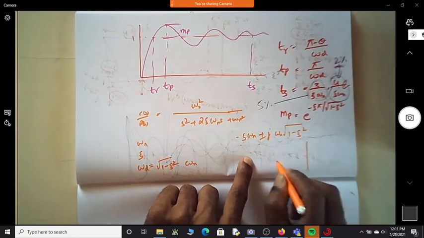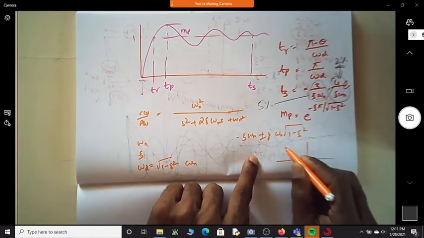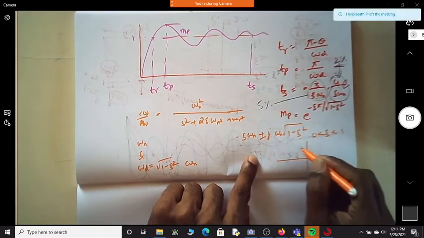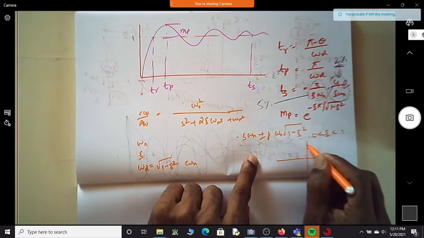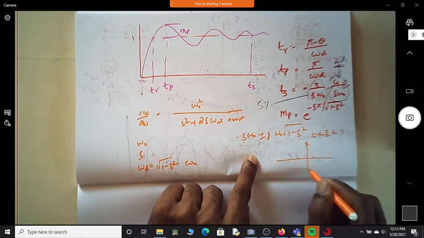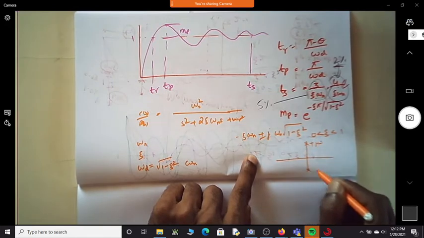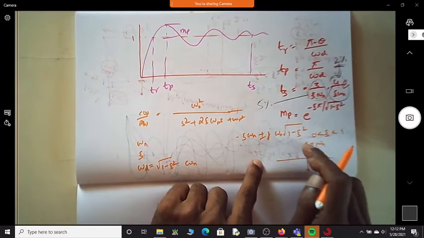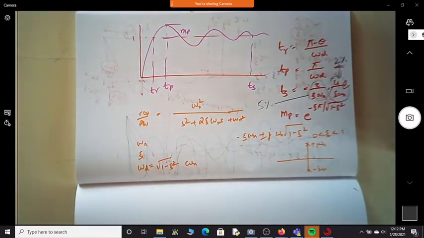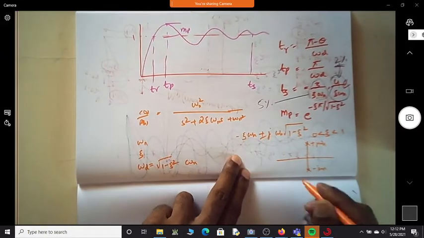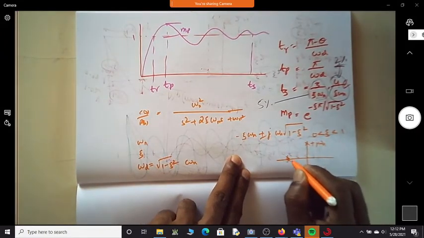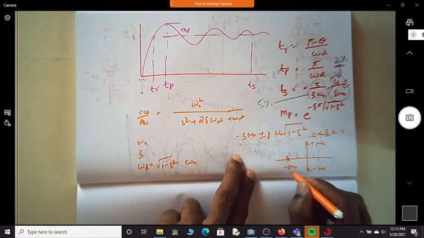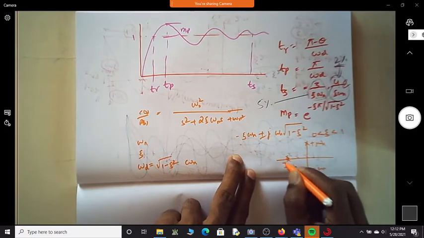We also saw how, as the value of zeta varies between 0 and 1, the second order closed loop poles take their positions. They can be at plus j omega and minus j omega, and this is the pole position. When will the poles be at plus j omega and minus j omega? And when will the poles be repeating at minus omega?